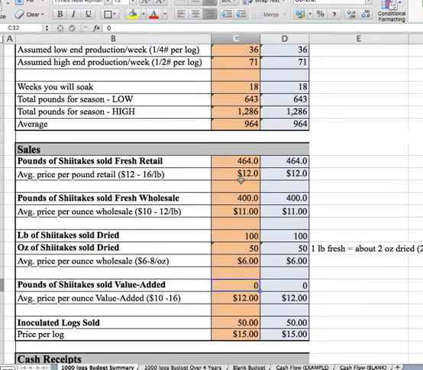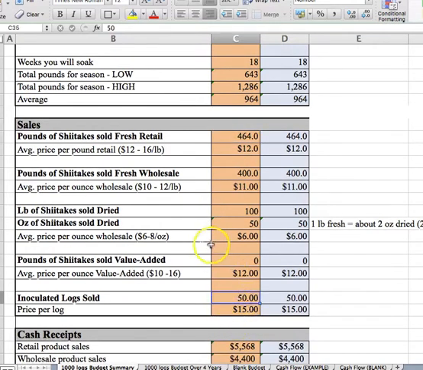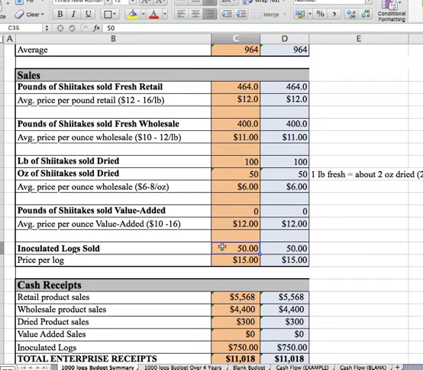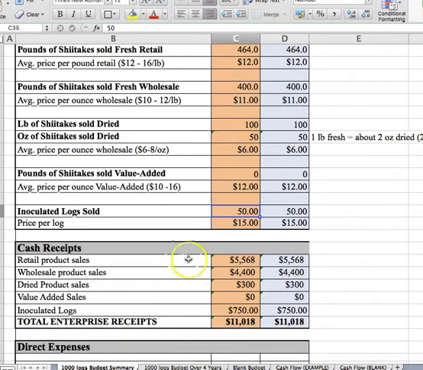You could also, if you're going to do value-added production of any sort, pate or soup or something like that, put a certain pound to those different things. For starters, all this stuff kind of averages out to about $12 a pound. You could just put all the poundage in fresh retail or in one column and just kind of see, but this is useful in the long term, so you can divide things up and have a look. Another thing that folks often get into is selling inoculated logs, so you could put some of those down in the column as well. So once you make all those decisions, it'll spit out the cash receipts for these different